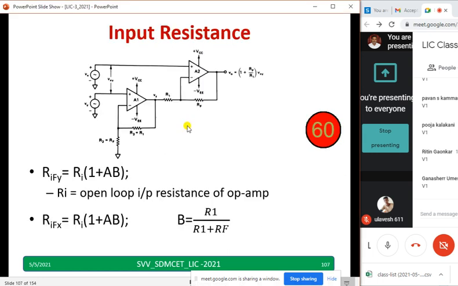Now let us go to the input resistance. See, for input resistance, nothing is there. Directly I am giving it to the op-amp input. No resistor, nothing in between. So therefore, Rifx equal to Ri into bracket 1 plus AB. This derivation you have done already. Similarly for Vy also, directly I am giving to the op-amp. Therefore, it is given by Ri into bracket 1 plus AB. Just note down, take another 10 seconds. Note down Ri into bracket 1 plus AB. Rify equal to Rifx equal to Ri into bracket 1 plus AB.